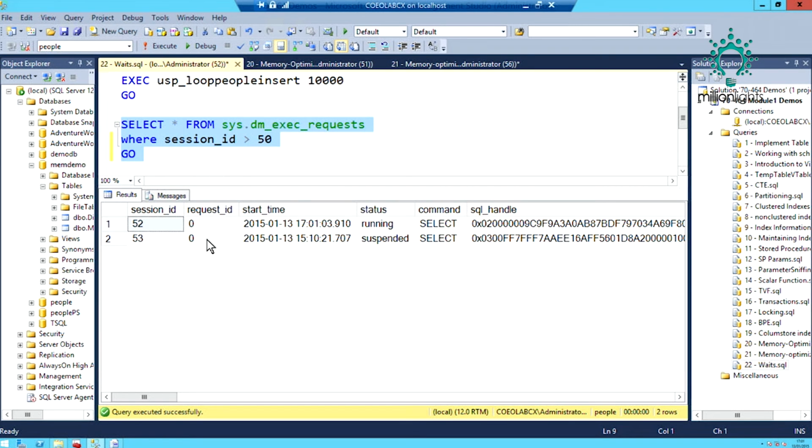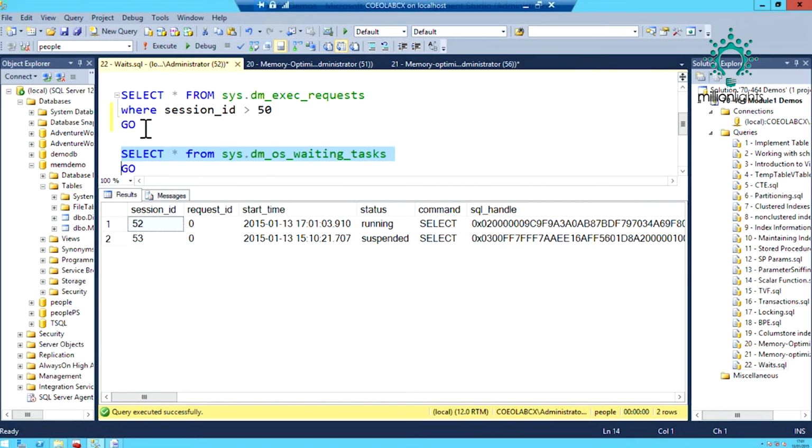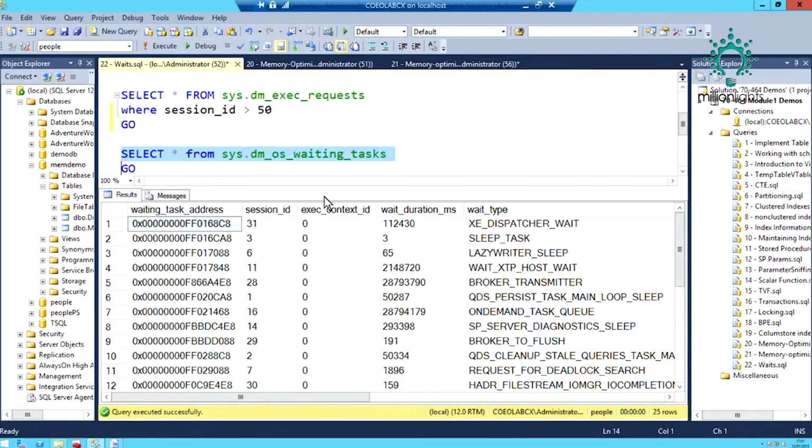So I've got two sessions here. I've got session ID 52, which is where I am. Let's just run that select statement. Let me take a copy of that so we can use it. If I have a look at DMOS waiting tasks, do you remember I mentioned this kind of transient view? So there are lots of things. So this is what's currently waiting on